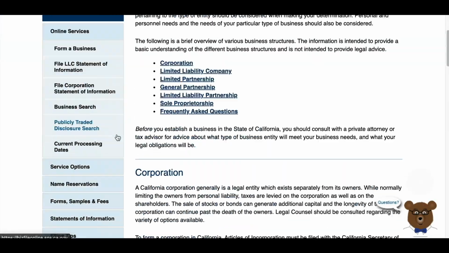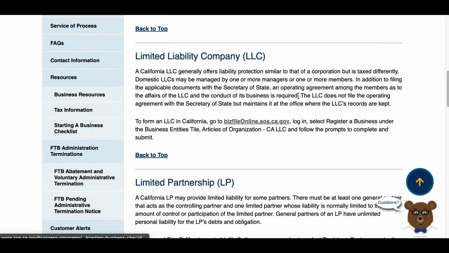So one thing I just wanted to actually note is that in California, you are required to have an operating agreement, but it doesn't have to be written. So I actually wanted to clarify that. It can be an oral operating agreement. That's why online you'll see things that say California requires an operating agreement. And even on the website for the Secretary of State of California, it says that an LLC is required to have an operating agreement. It doesn't need to be in writing, which is a weird little distinction,